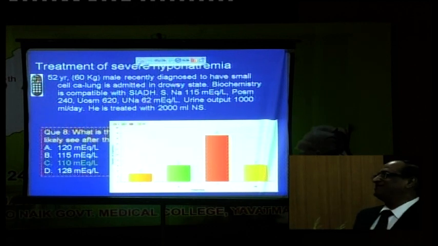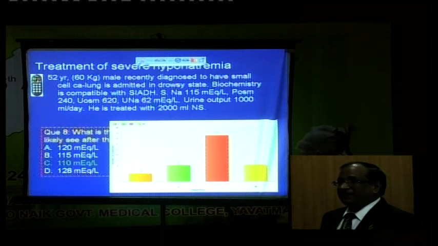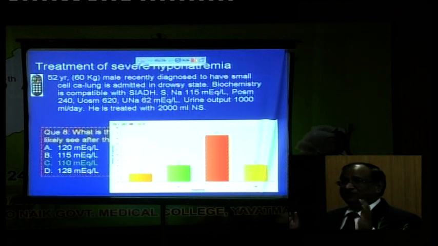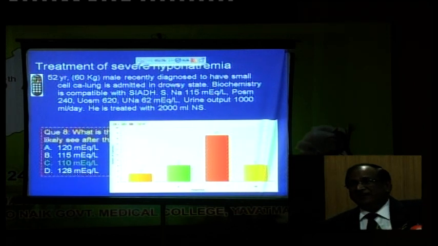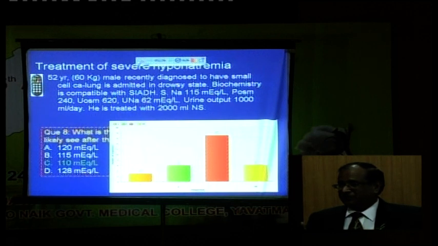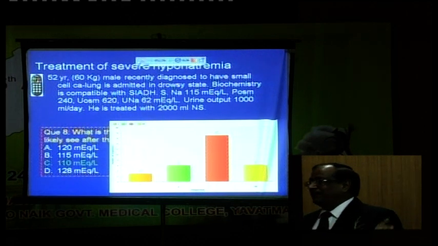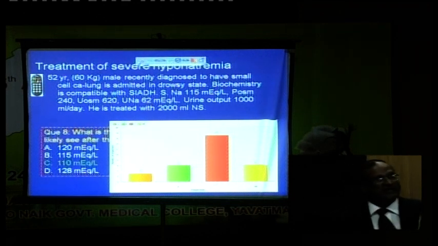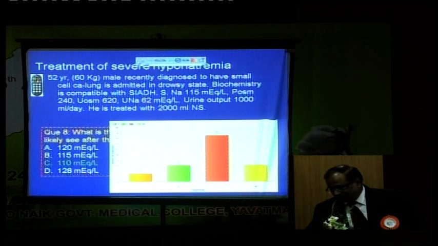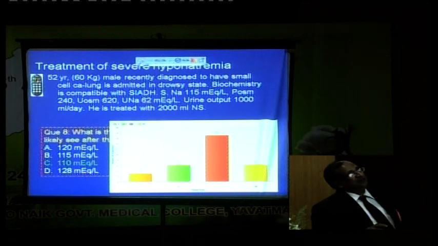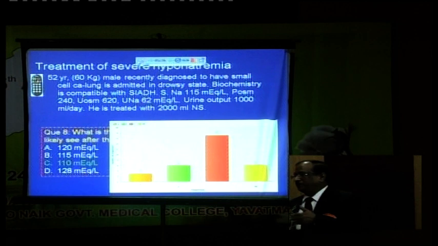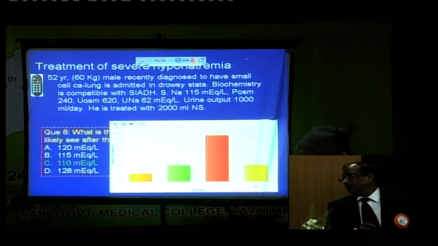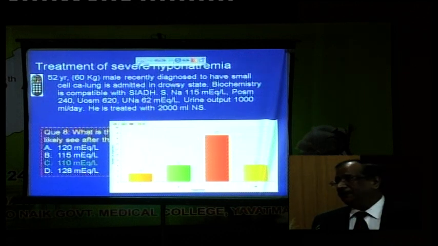I am very pleasantly surprised, very happy that you could understand that if you give saline, your sodium will get worse. It was 115 when you didn't give saline. If you treat SIADH with normal saline, you will make it worse. The more saline you give, the worse you will make it. Because the basic dictum is, whenever you want to correct hyponatremia, the fluid you are giving should have higher osmolarity than the urine. Okay? Normal saline has an osmolarity of